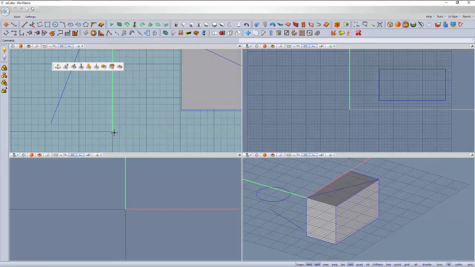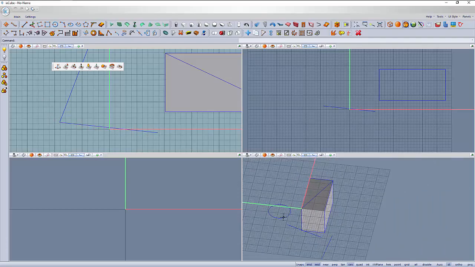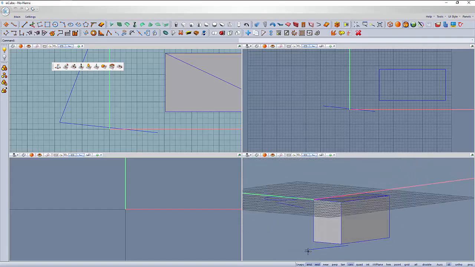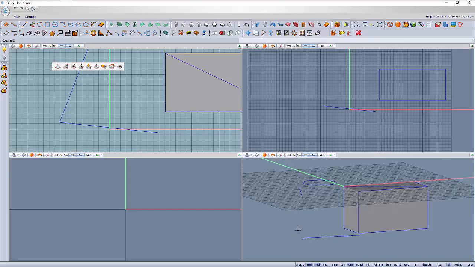Remember the top view draws always in a flat plane. So what happens if I draw a line now from here to here? You see again the line is in, as we will talk about on this top window later when we talk